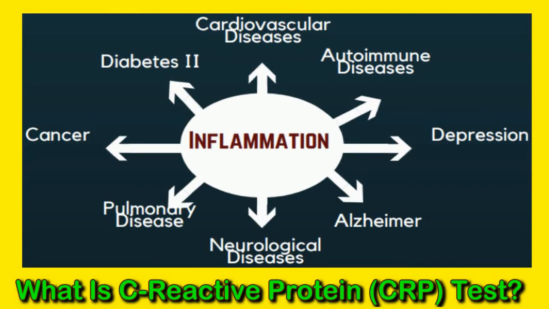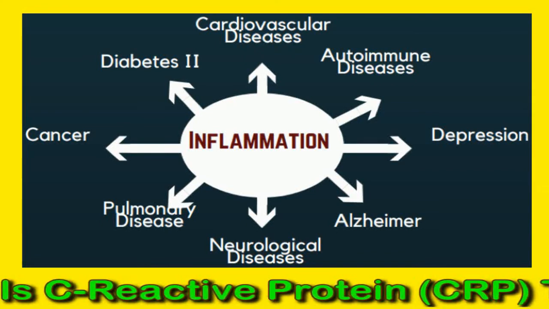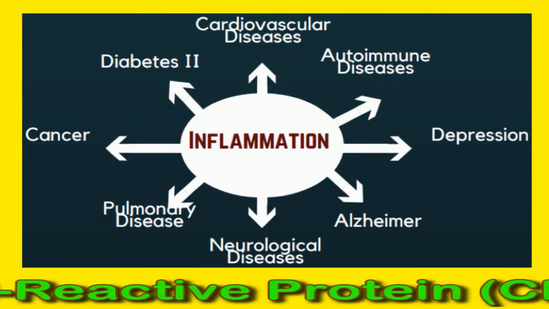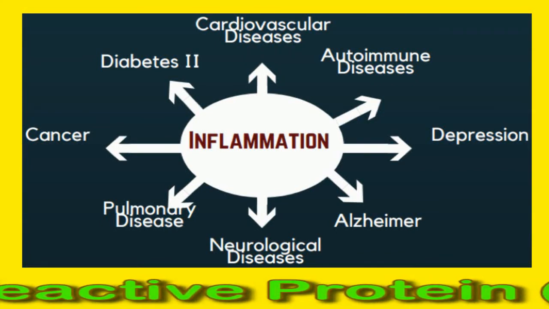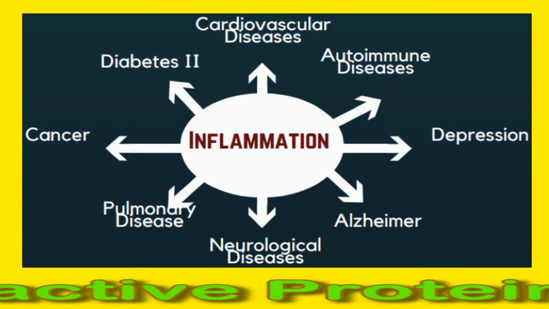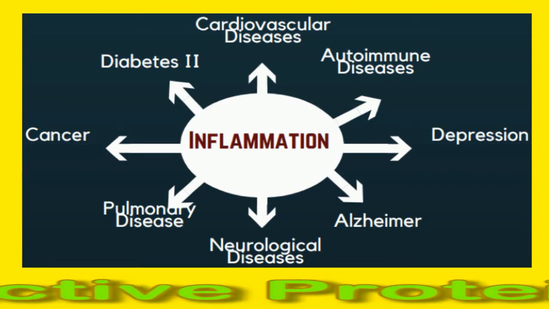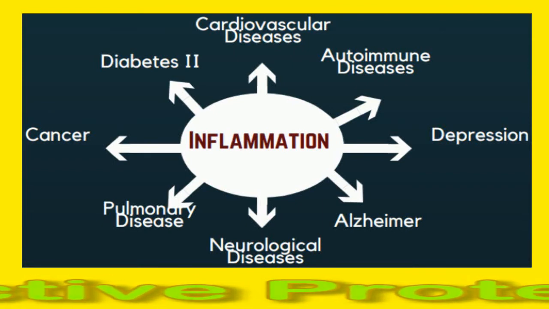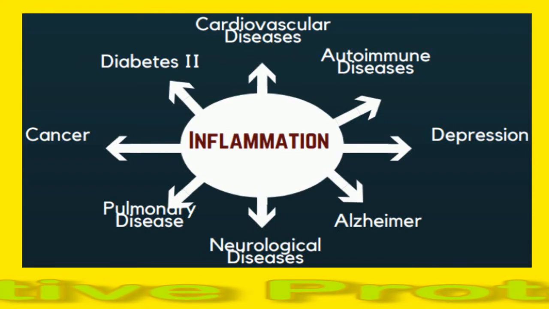It can cause pain, redness, and swelling in the injured or affected area. Some autoimmune disorders and chronic diseases can also cause inflammation. Normally, you have low levels of C-reactive protein in your blood. High levels may be a sign of a serious infection or other disorder.